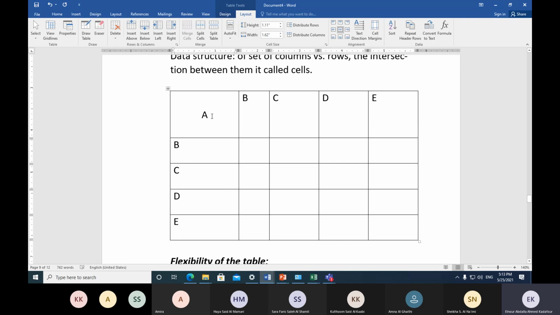Sometimes you need to control your text direction. I'm not going to talk about everything here; that is too much. So text direction is part of the alignment group. When you click here, you can turn this text to whatever direction you like. We have 3 directions: to turn it to the right side 90 degrees, or to turn it to the left side 90 degrees,